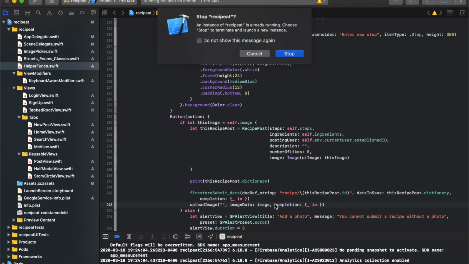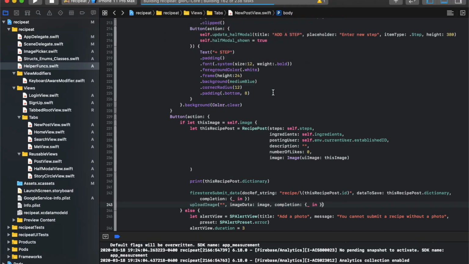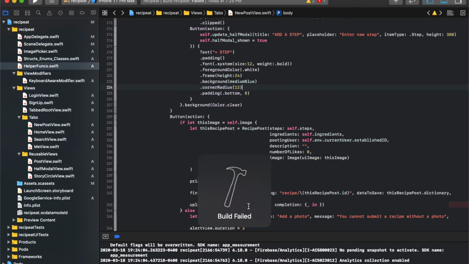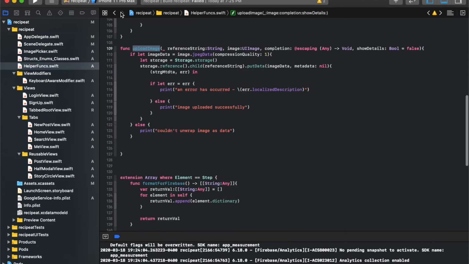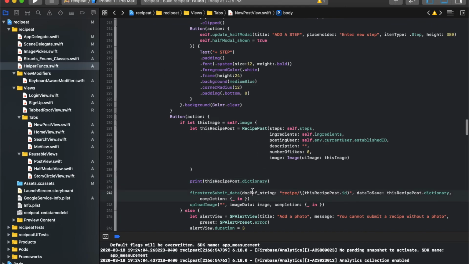We'll save it and we'll run it. Okay. Image data. Based on this, we didn't need the image data. It wasn't image data. It was just image. So this should just say image right here. Image will say image. And I guess for the reference string, what we can do is we can make it say